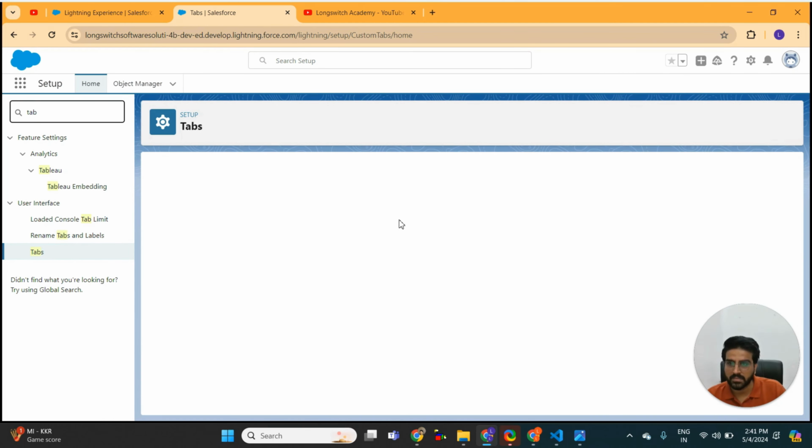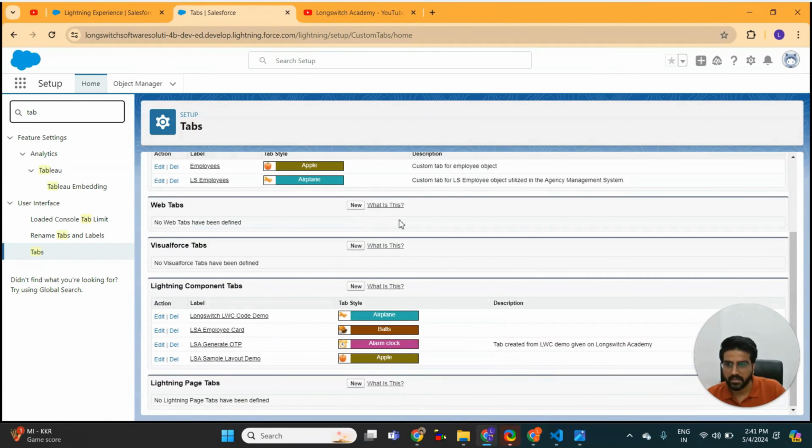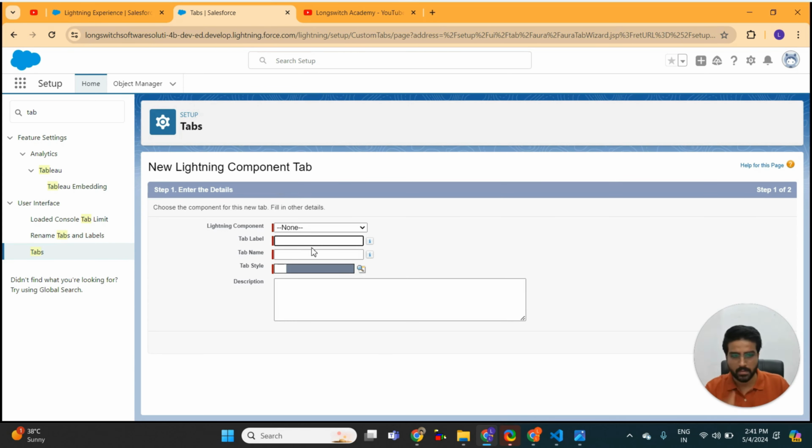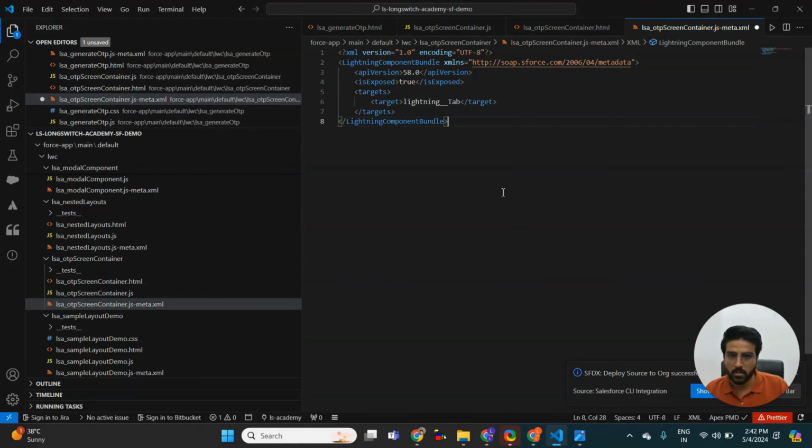So the tabs, then from here you have to select this option, Lightning Components tab. Click New. And in the drop down list from this Lightning component, you have to find your component. Do we see it here? I think no, but if we go back to the code,